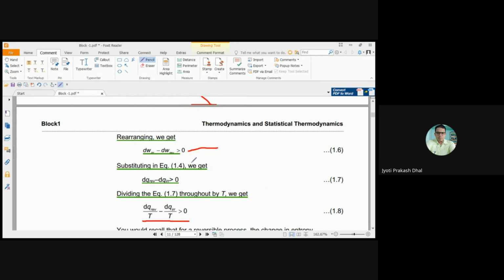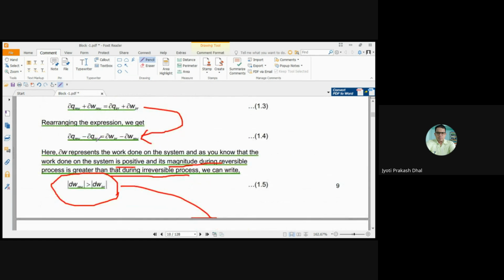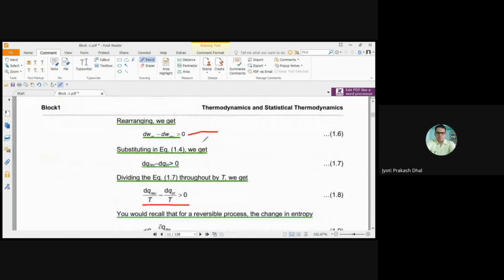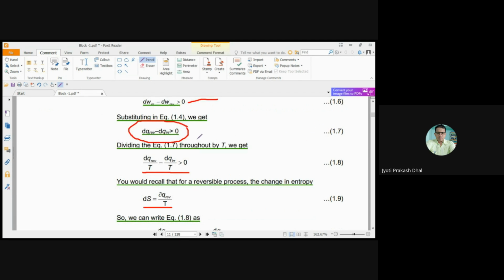Now substituting this in equation 1.4, where we have written del q reversible minus del q irreversible equals del w irreversible minus del w reversible, if we substitute equation 1.6 in equation 1.4, we can write dq reversible minus dq irreversible is greater than 0. So this is equation 1.7. Now if we divide